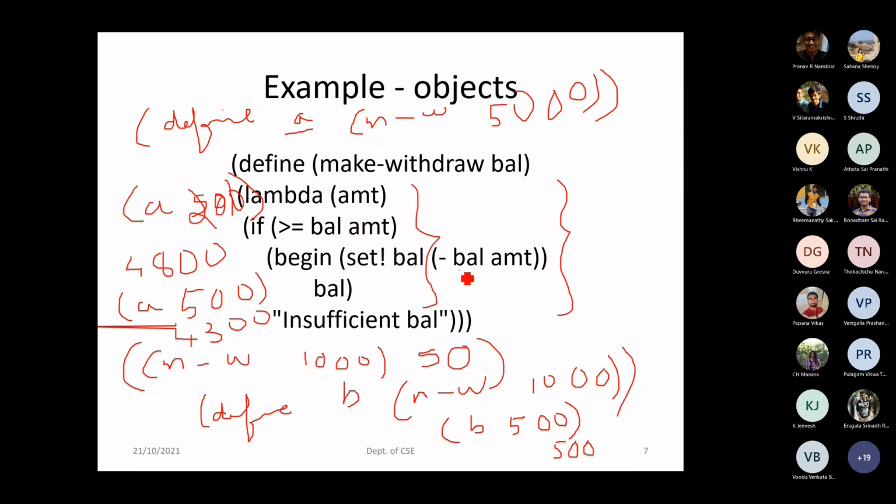Wherever you had balance, it will be replaced with 100. That's it. Here you will have 100, here you will have 100. So whenever you access it with respect to W1, that particular balance will be updated here.